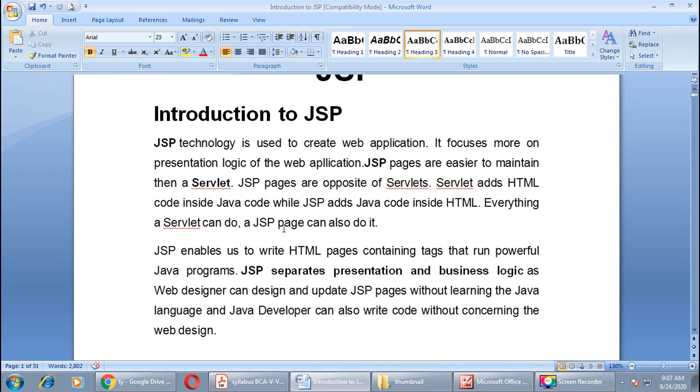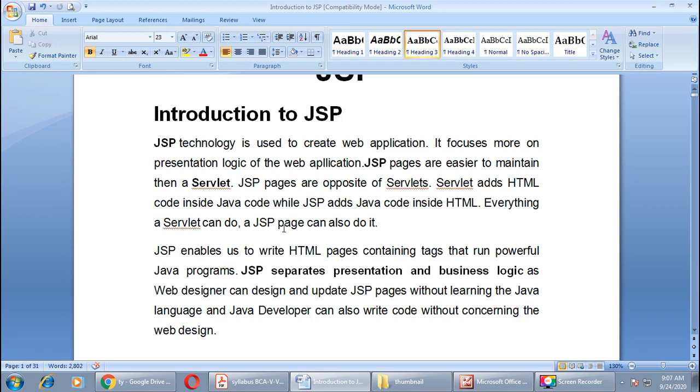Presentation logic means the representation of pages through which we can interact with our computer, right? Way of presentation means to put buttons, icons, windows on our screen. That is presentation logic. So JSP focuses more on presentation logic for our web application.